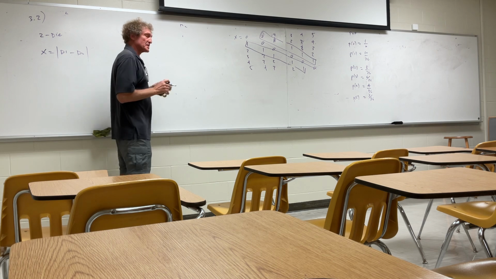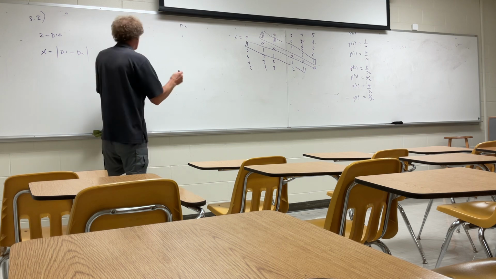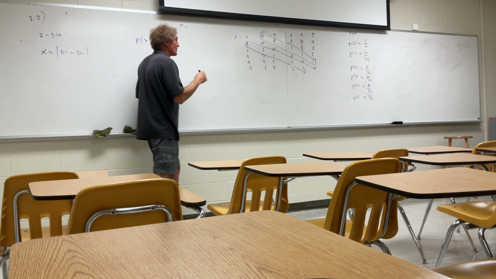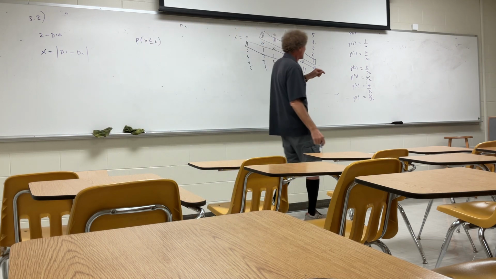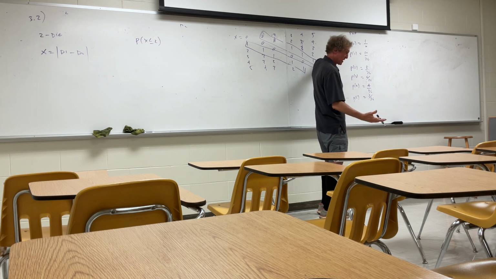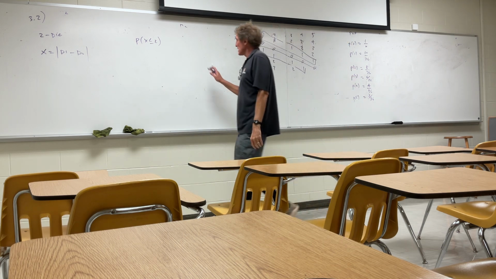What does he ask for first? The expected value? He asked for P of X is less than or equal to 2. So P for X less than or equal to 2. Really, what we're talking about is this value, this value, and this value for the probability mass function, correct? Because 0 is less than 2, 1 is less than 2, and 2 is less than or equal to 2. So that's going to be equal to